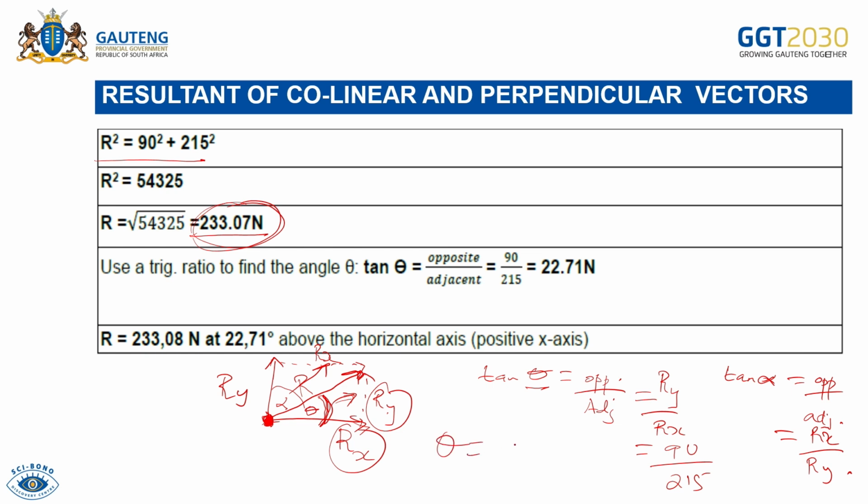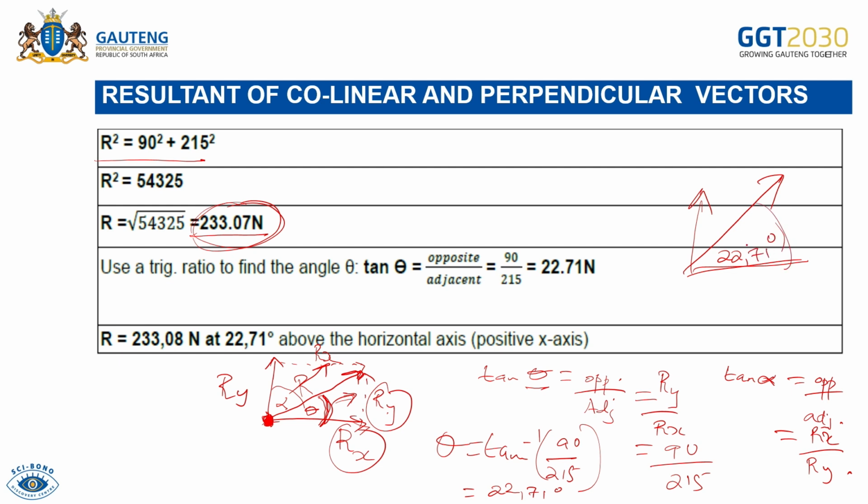So theta will be tan to the power negative 1 of 90 divided by 215. Then you press your calculator. I think what you'll get there is 22.71 degrees. But where is this 22.71? It was theta, which is